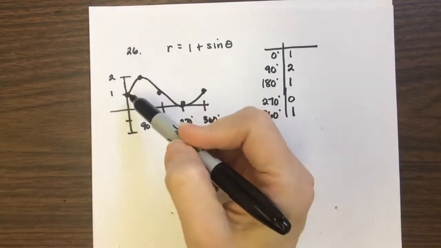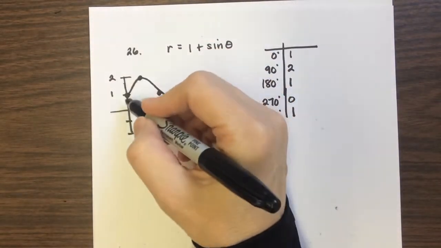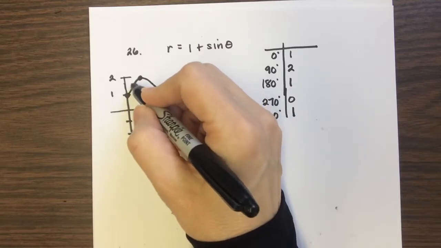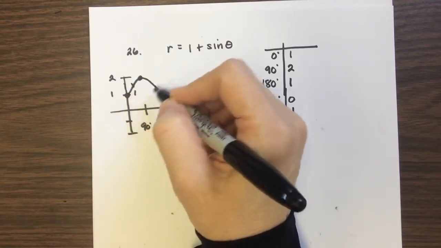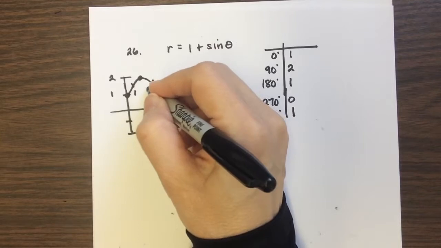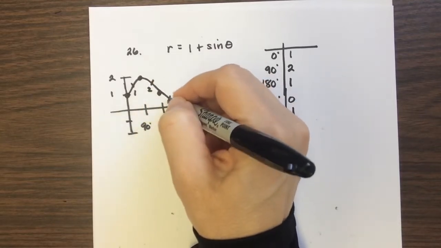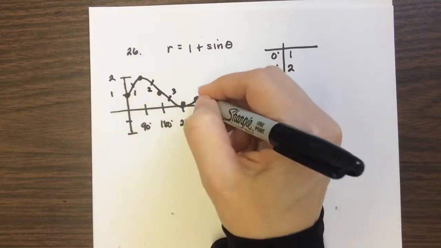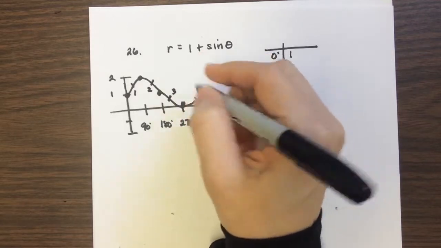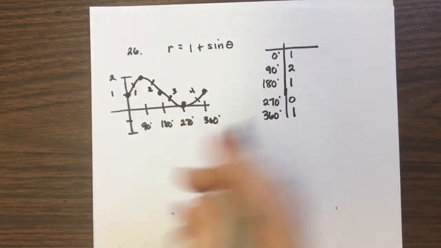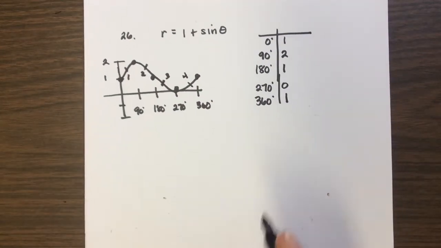And I would look at each of these increments. So I would look to see what's going on from 0 to 90. I would look to see what was going on from 90 to 180. I would look to see what was going on from 180 to 270. And then I would look to see what was going on from 270 to 360. Alright, so if I translated this to a polar graph,